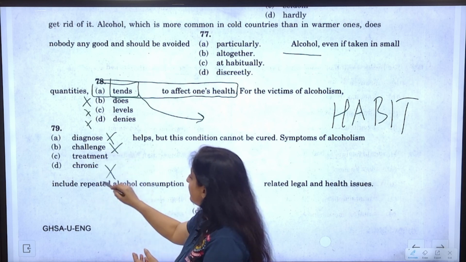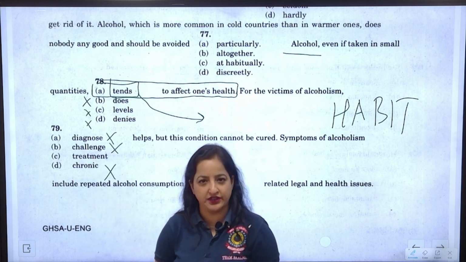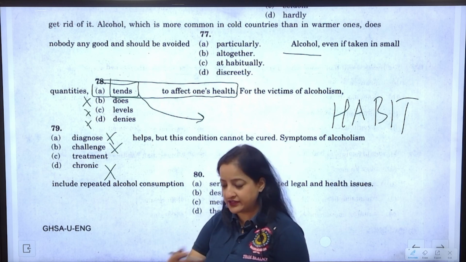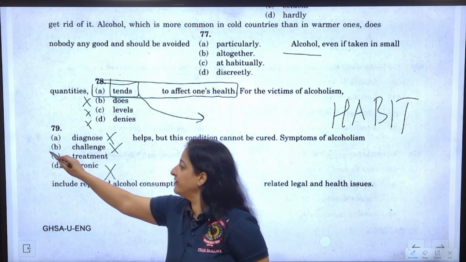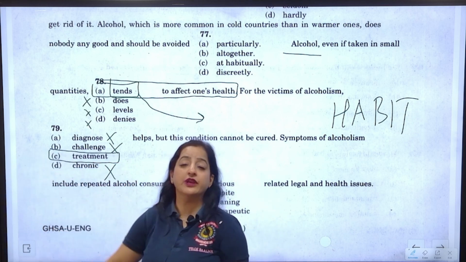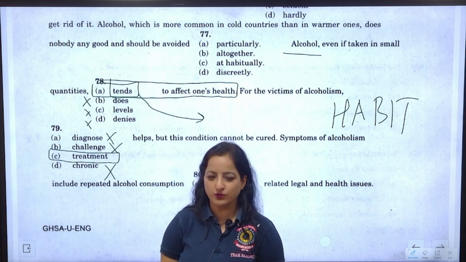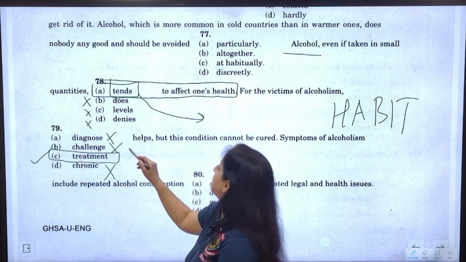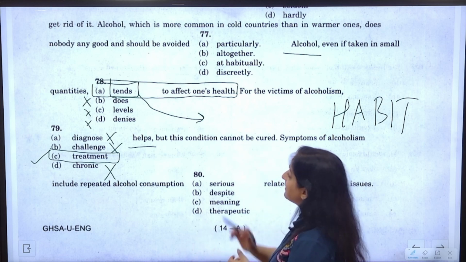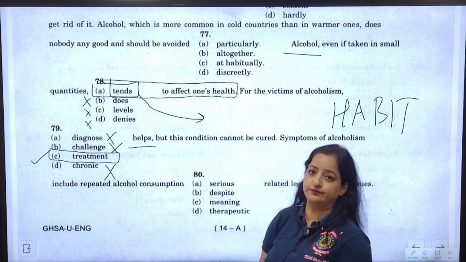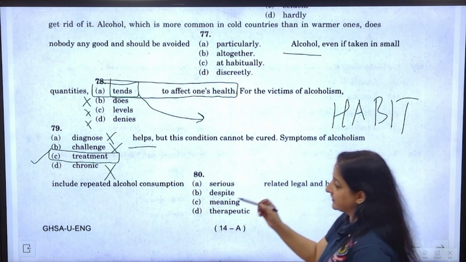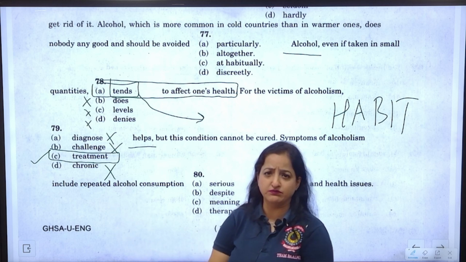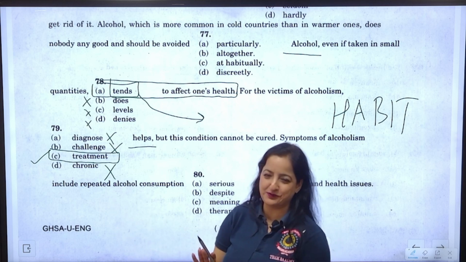Yeah? Chronic helps. Chronic what? ये तो incomplete ही option है. So it's so incomplete. Chronic nothing. Chronic something at least. Yeah? So answer therefore is, जो इस alcoholism के victim है, क्या मदद करेगा उनको? कोई treatment करोगे उनकी तो उनको मदद होगी कोई. So treatment helps. But this condition cannot be cured. They say थोड़ी मदद तो होती है पर क्योर नहीं होता. Yes, this is what they want to say.